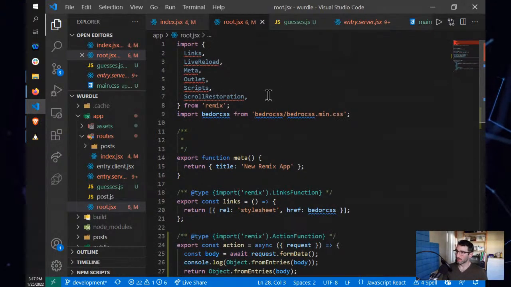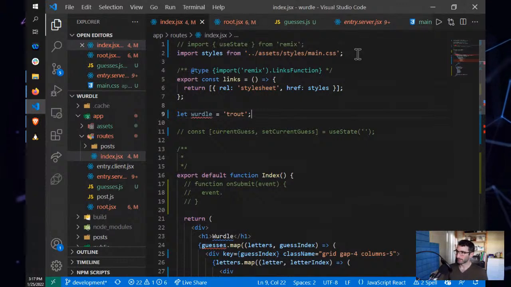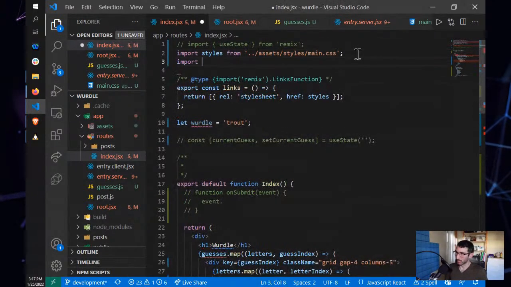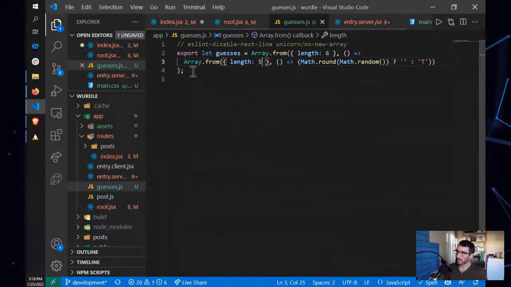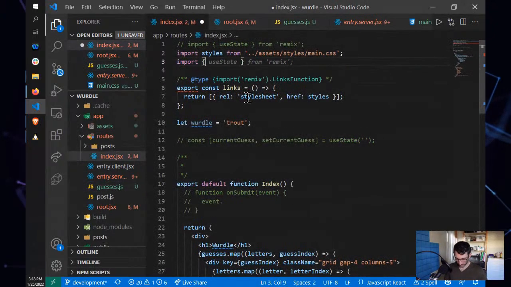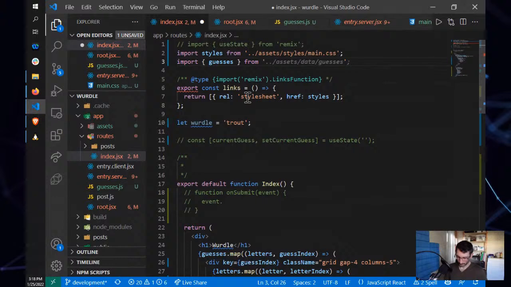So in root, we're going to update. In index, we're going to read. So we're going to say import, well, that's going to be a named export, so guesses from,